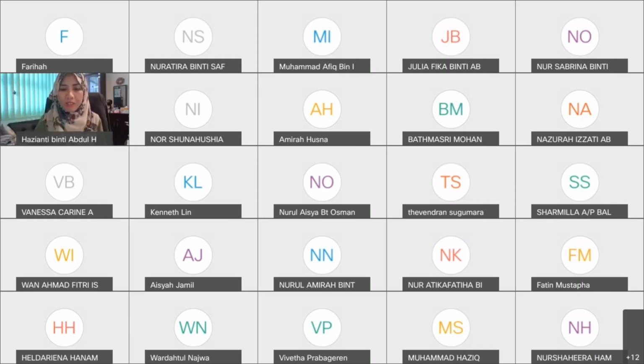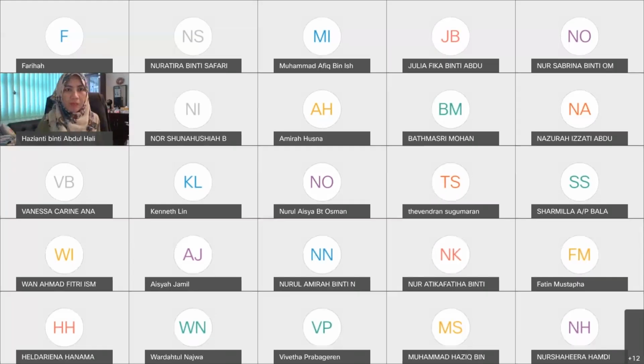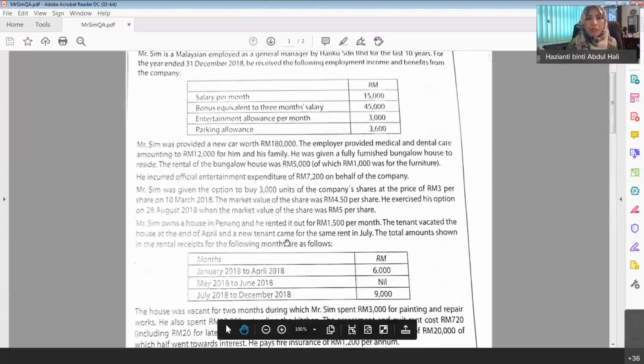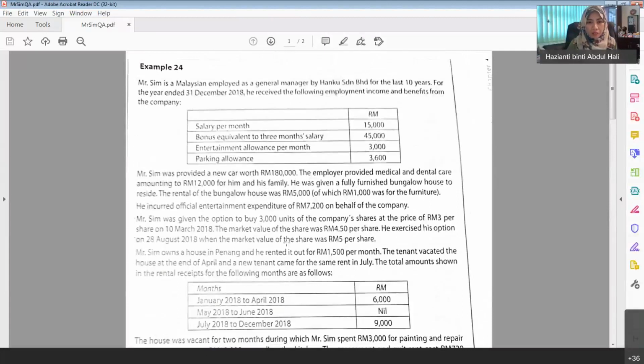Personal taxation topic. First one, I have with me, I hope you can refer to the tutorial question for investment income. Mr. Sim, I will go through the answer with you. Can you see? This one is in my guru from the other day that I asked you to try. So if you already tried the question, we can check the answer. Do you have this question? You have, right?